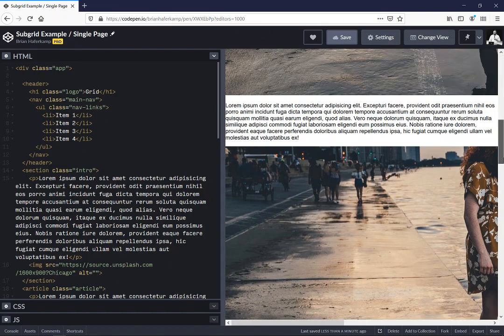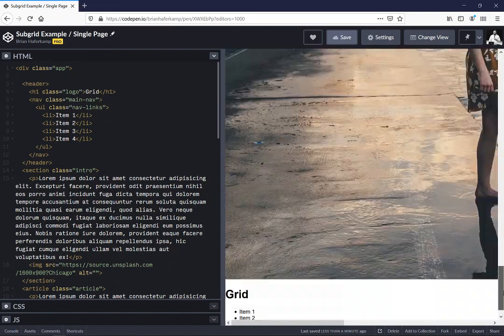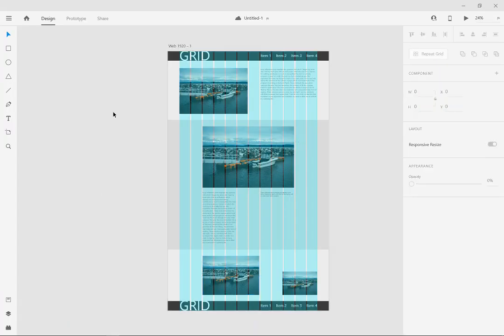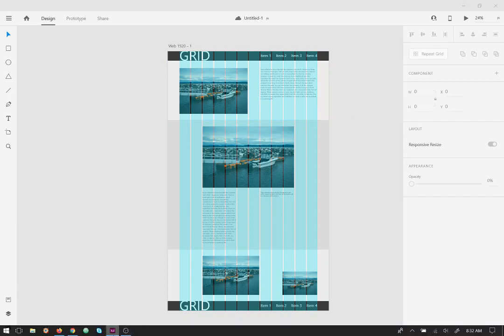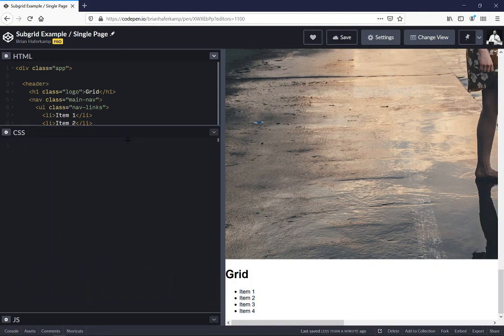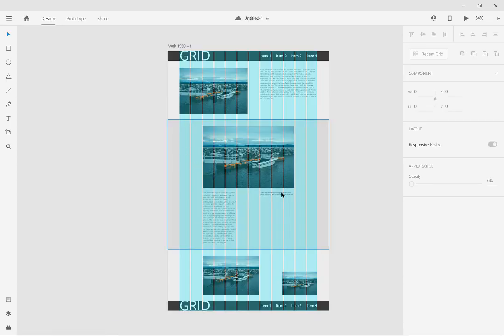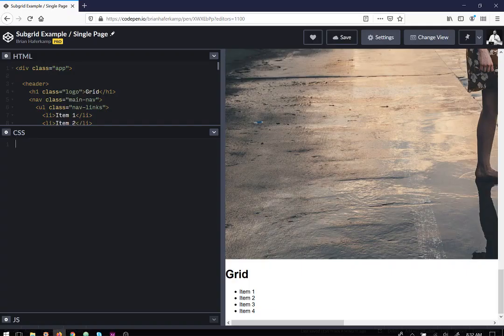So when we look at it here, we can see that we have all of the elements that were on this page here. And now we need to just work on the layouts. The first thing we need to do is build out our supergrid, our superstructure, our 12 columns. So we're building out these 12 columns onto the canvas, essentially. Our app here is going to be the canvas. So we're going to say app